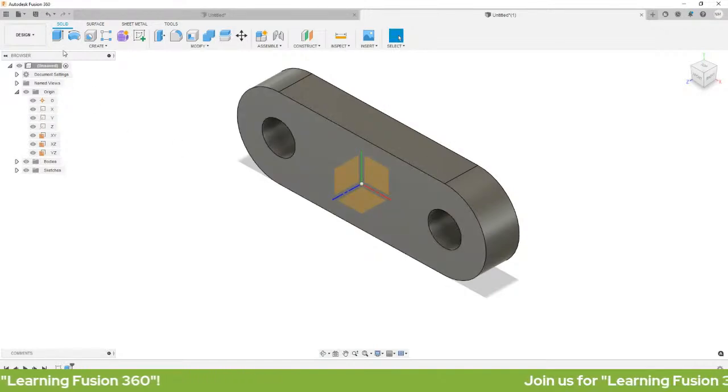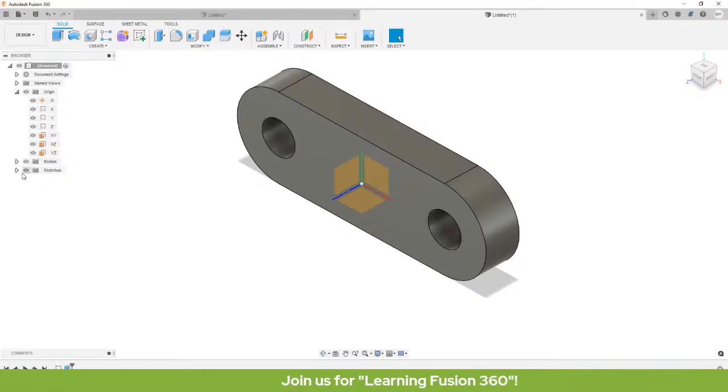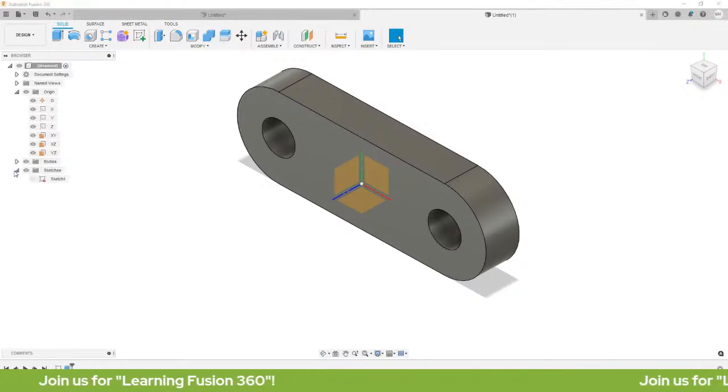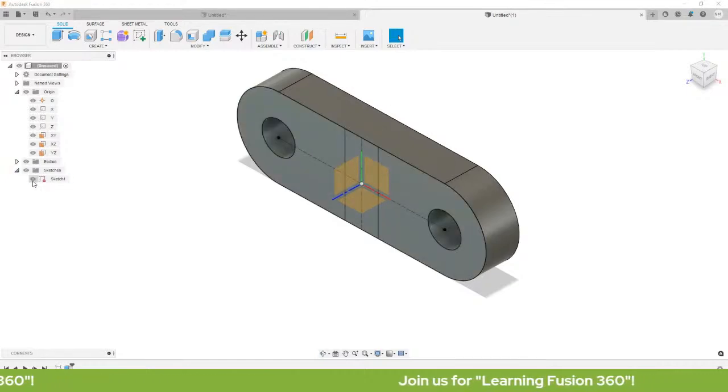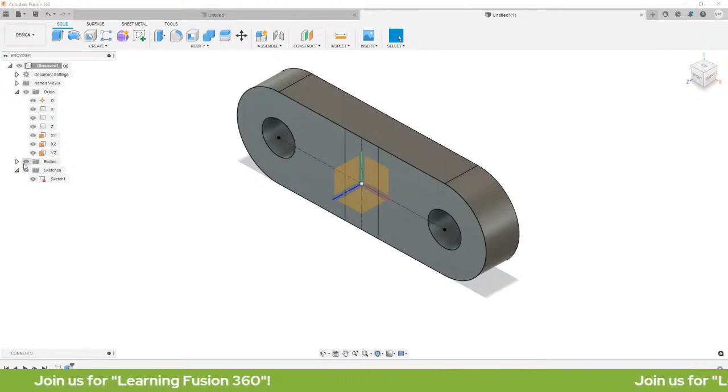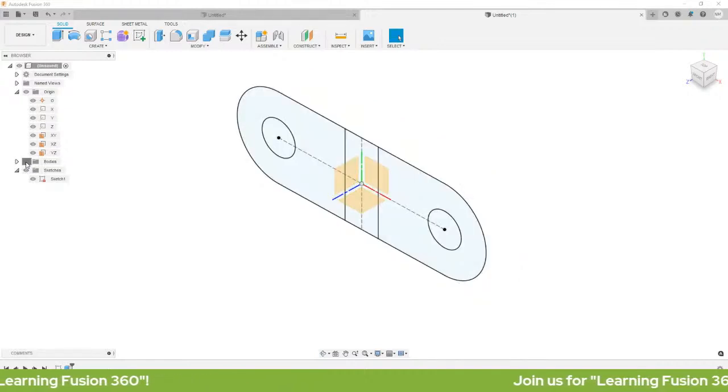So, go back to our browser here. Look for the sketches folder, arrow down, turn on the visibility of sketch 1. Okay, if you want to turn on the visibility of anything in our browser, you can just click the I button. Ayan, no?